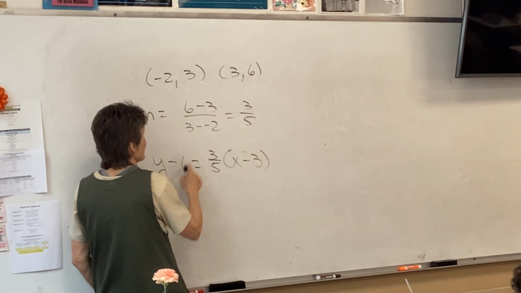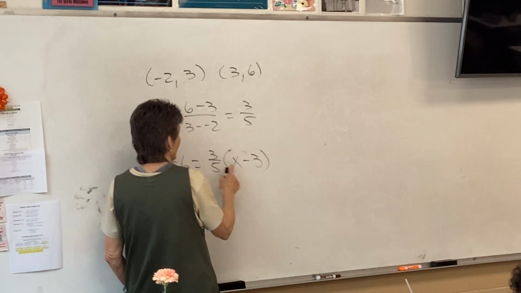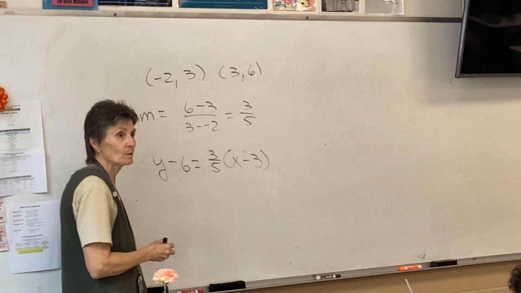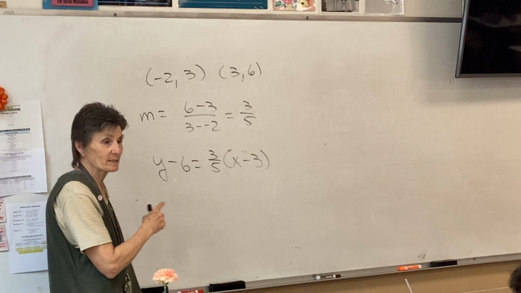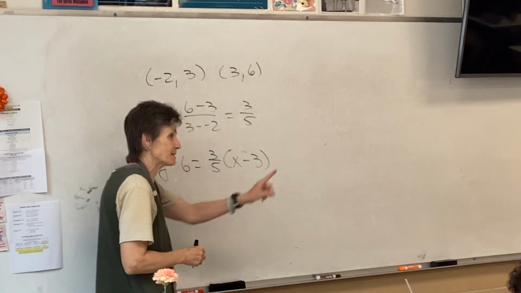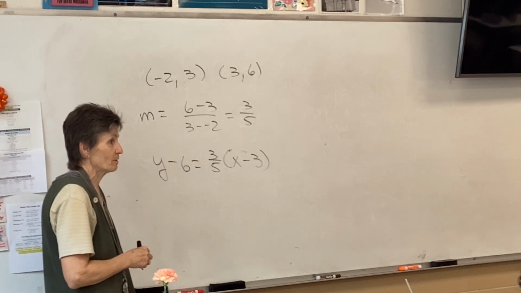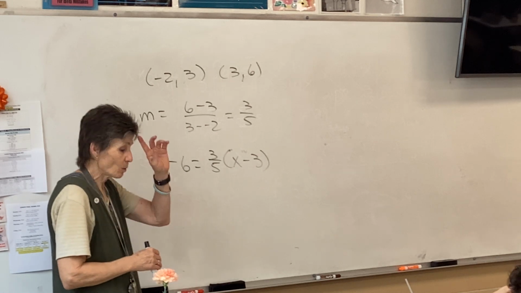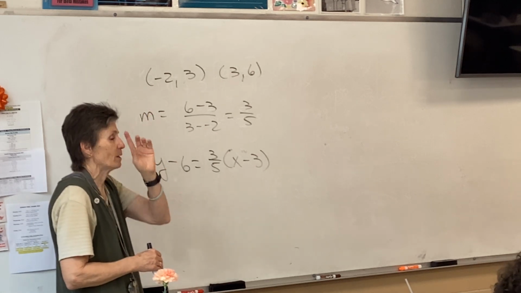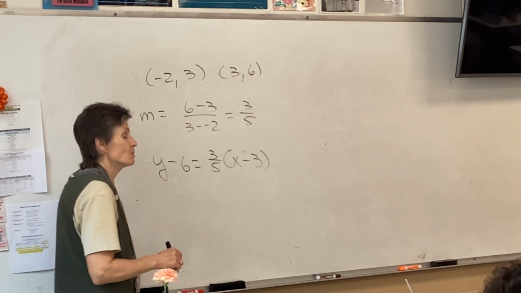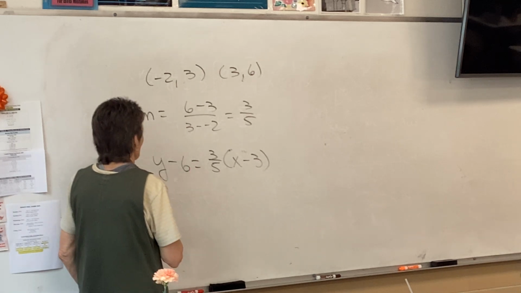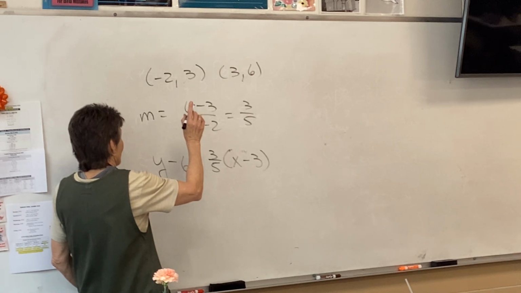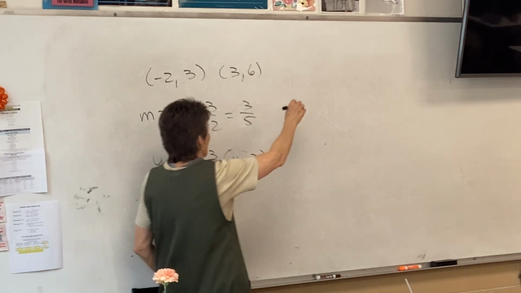So y minus the y coordinate equals the slope times x minus the x coordinate, right? That would be the point-slope form. If you got y by itself, it would be the slope-intercept form. That is not what this question says. This question says write the parametric equations, all right? So here's what I want you to think about. If I were going to graph this line,